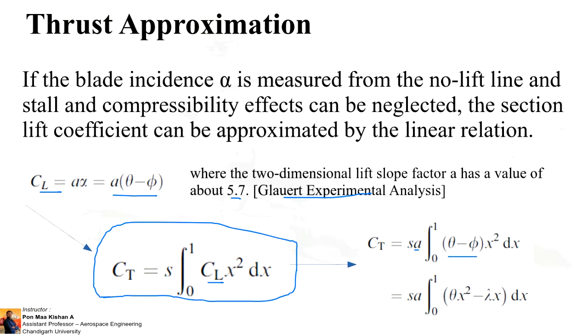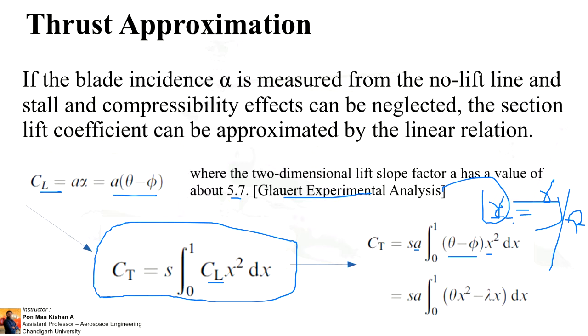Because it depends upon the radius, it can change. That's why x is given by, I hope you remember x, small r by capital R. I explained this in the last class also. Since x depends on the radius, the corresponding pitch angle as well as, importantly, this phi also depends upon the radius.